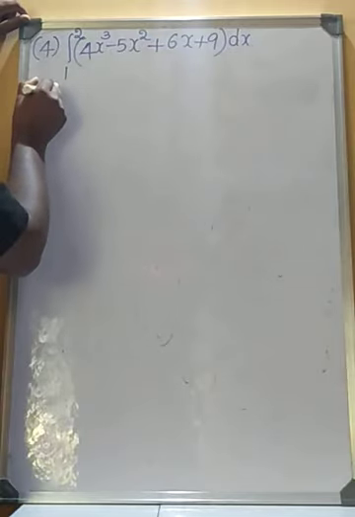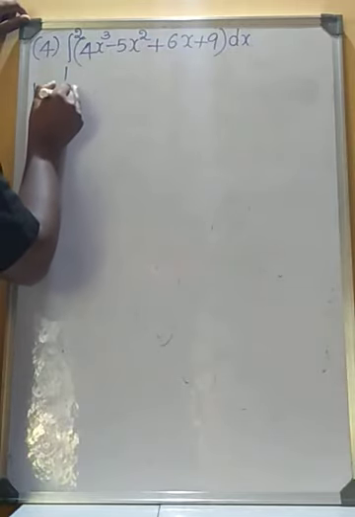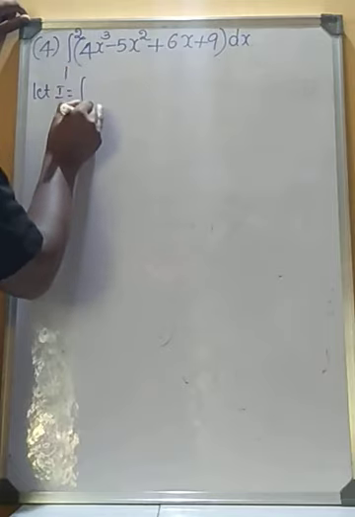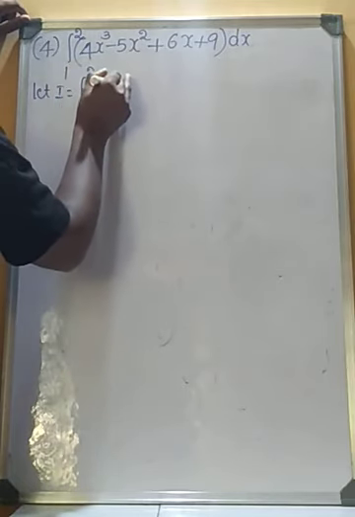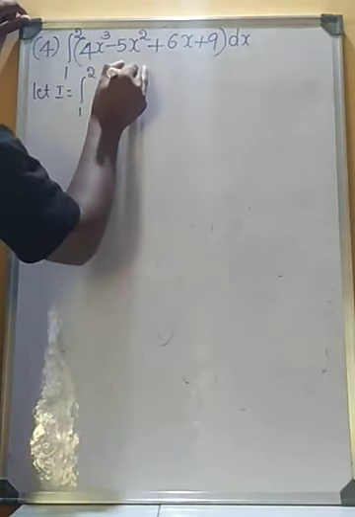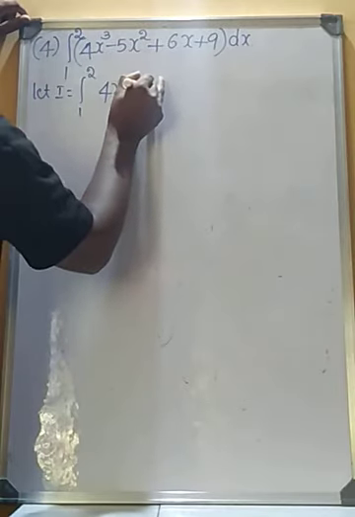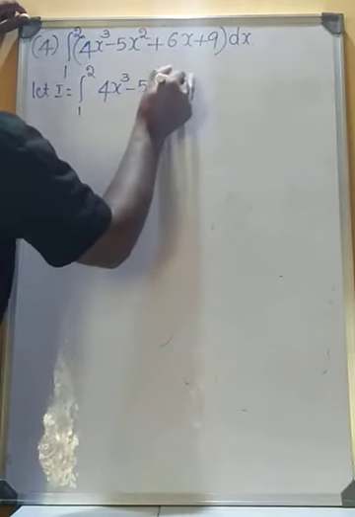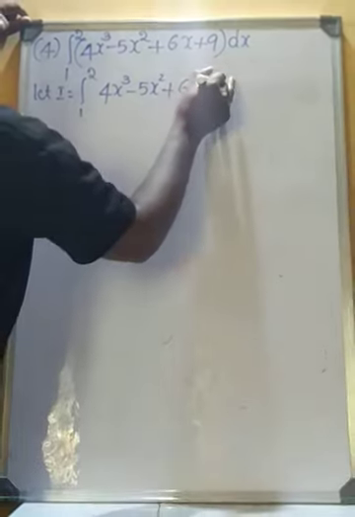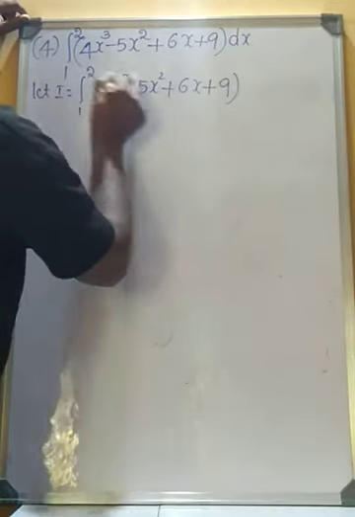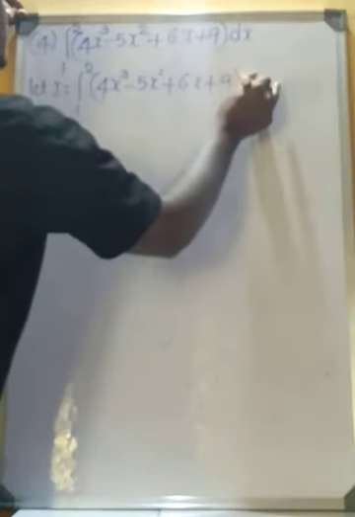So let I equal the integral from 1 to 2 of 4x cube minus 5x square plus 6x plus 9 dx. Therefore I equals